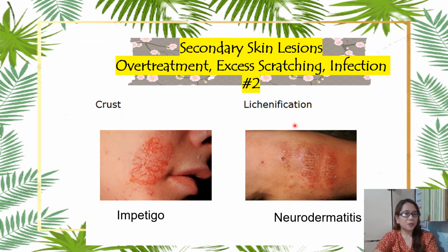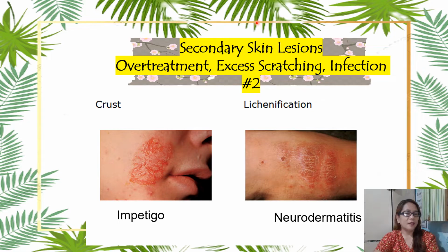Another example again is the crust. It is the dried residue of the skin exudates such as serum, pus, or blood. It can be red, brown, orange or yellow. For example, it can be seen in impetigo. And another example is